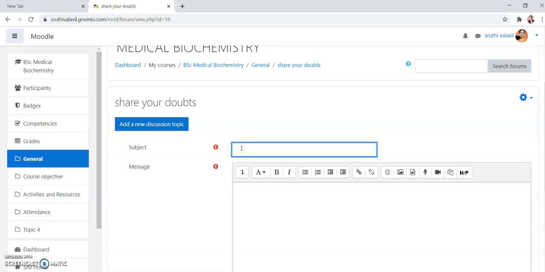Then here give a heading, that is, about what subject you have a doubt. Here I am going to write renal function test.